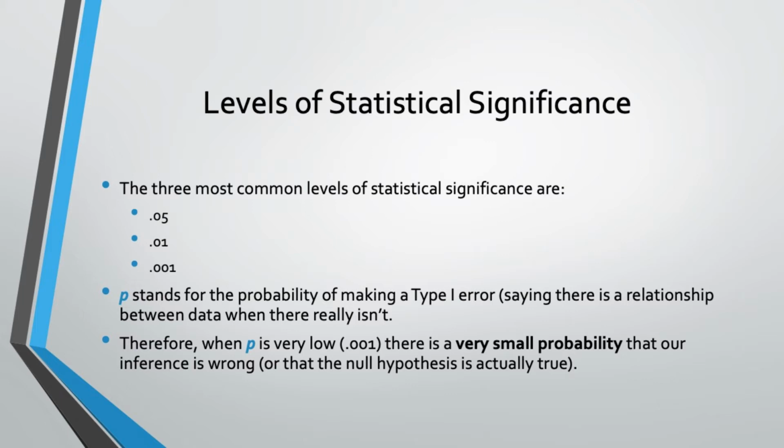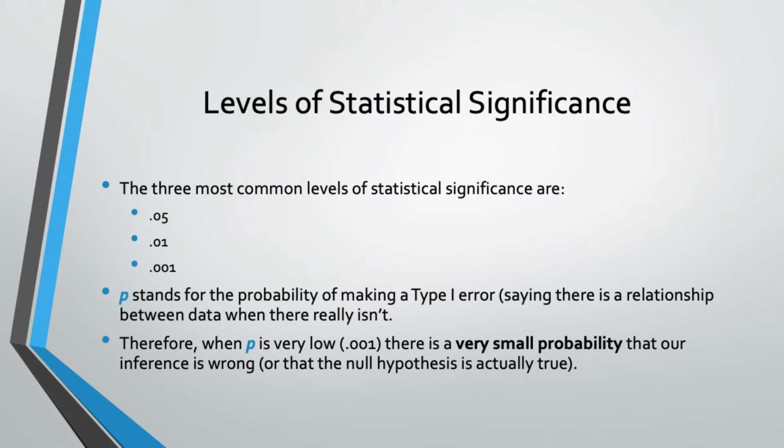Or a 5% chance that you are wrong. An alpha level of 0.01 means you are 99% confident in your results, or there's a 1% chance that you've made a type 1 error. And then the most critical level, the hardest one to prove, 0.001, which means there's a 99.9% chance that you're right, or a 0.01% chance that you've made a type 1